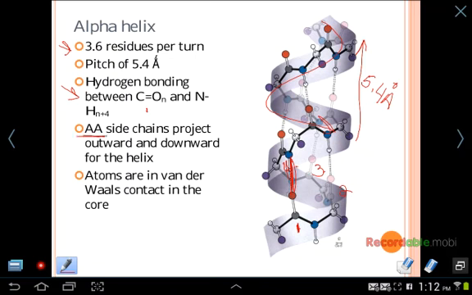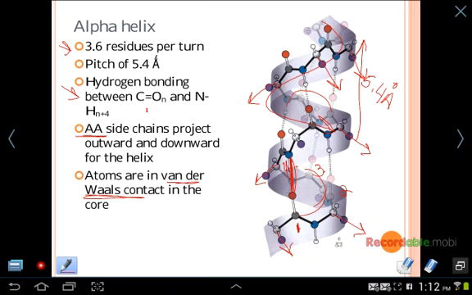The side chains, or the R groups on amino acids, are projected downward and outward, as you can see here, from the core of the helix. So these bulky groups are projected out and downward away from the core of the helix. And then atoms in the center of the helix, or in the peptide backbone, are very, very closely compacted and are therefore in some van der Waals contact. So we can talk about dipole moments, stabilizing interactions such as those that occur in the backbone to help stabilize